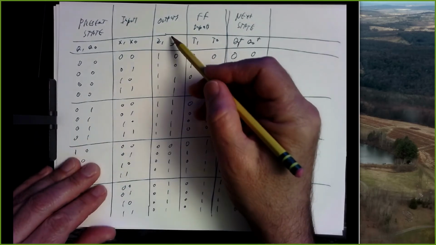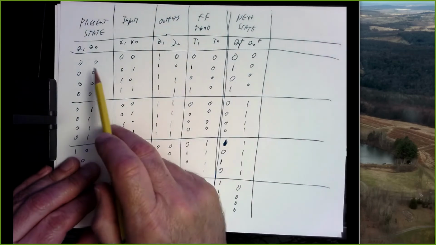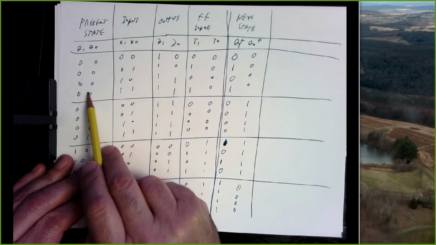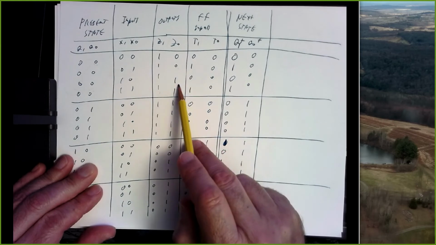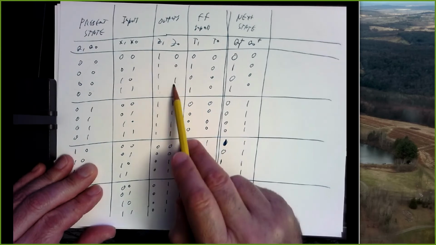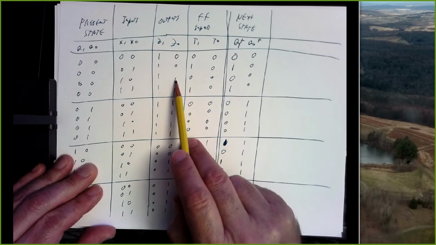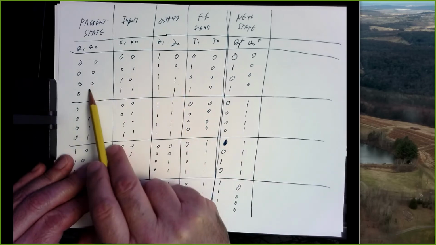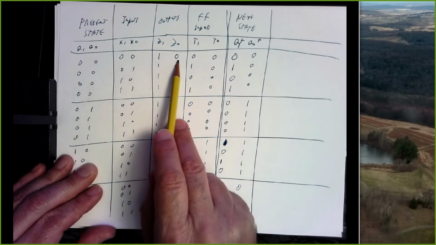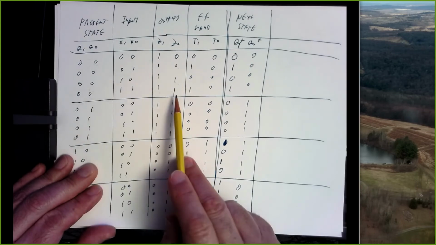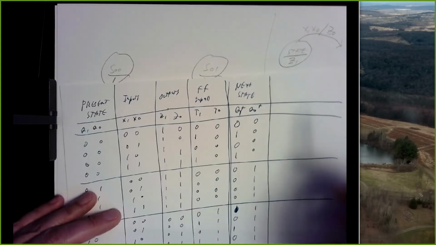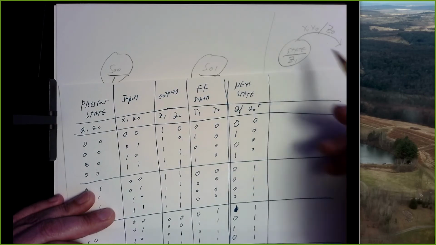But look at Z0. We're in state 0, 0, but half the time this output is 0, half the time it's a 1. That right there tells you this is not a Moore output. This has got to be a Mealy output. It's got to be dependent on more than just the state. Because in state 0, 0, the output could be a 0 or it could be a 1. So that's why we're listing Z0 on these arrows.